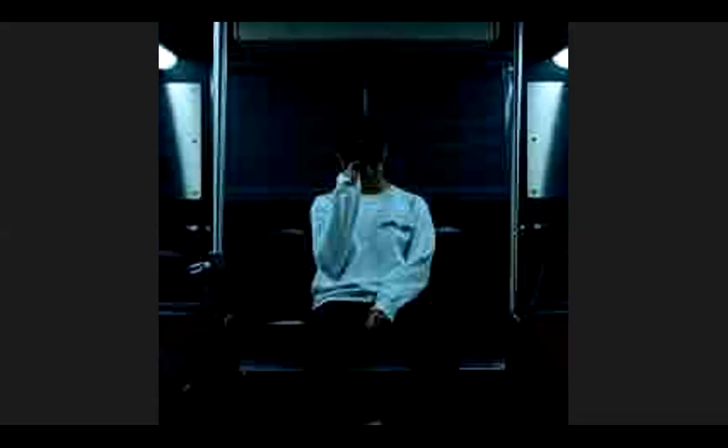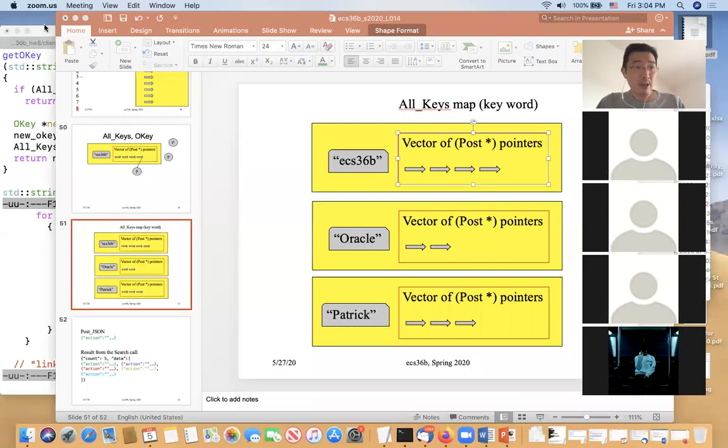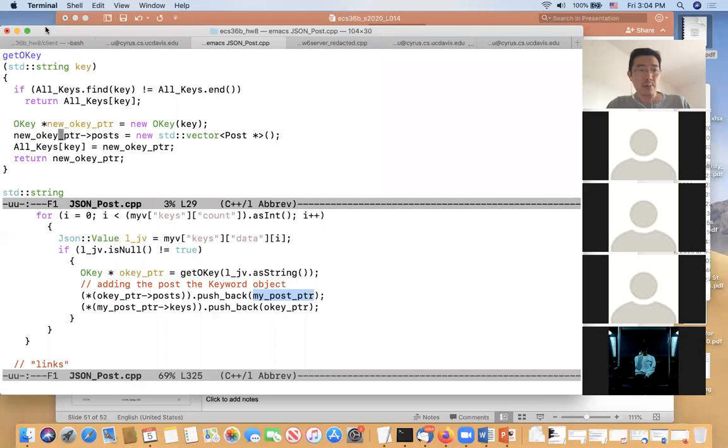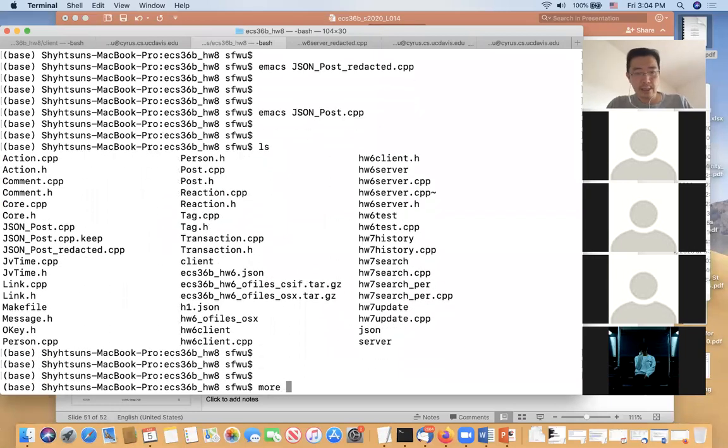No, where is that? The line you sent me, you have a post.o, but not JSON_post.o. Oh, okay. So let me quickly show you what the file looks like. I forgot the reference implementation, whether I already have a JSON_post.o. Okay, maybe I have, maybe I don't. But I just want to show you, if you look at the makefile,